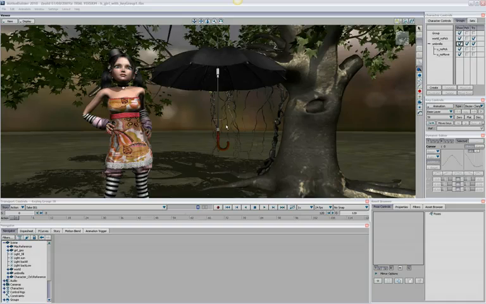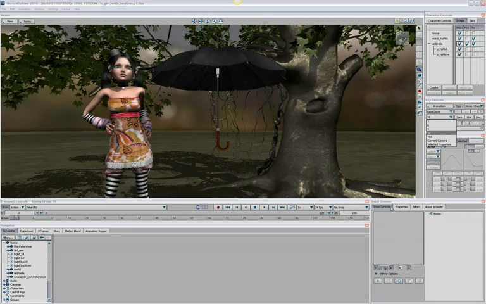And what custom keying groups do is they allow us to specify what attributes are going to be recorded in a pose and what attributes are going to get keyframed if I hit the keyframe button. Previously in MotionBuilder we had keying groups, so it would let you filter out whether you were going to key translation, rotation, a combination of those. And the custom keying groups works in a similar fashion. It just allows you to specify exactly what attributes on what nodes are going to get keyed for that given